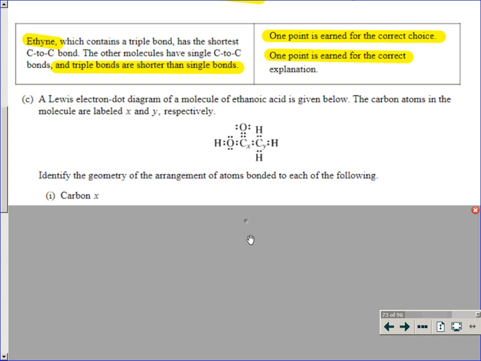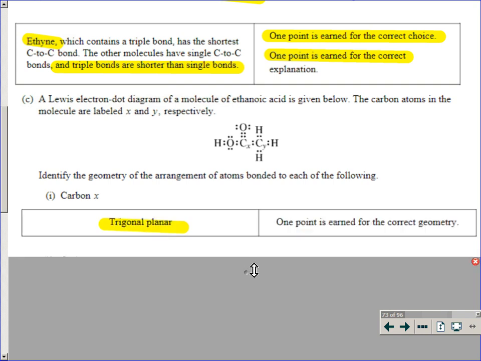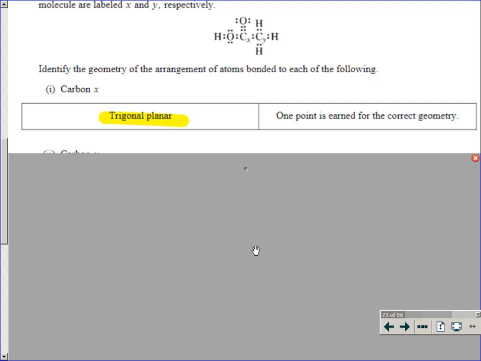What is this one asking? Oh, okay, what was the geometry on C? That one right there. Okay, so we have 3 electron domains, right? So you're counting these 2 dots as a single bond, these 2 dots single bond, and those 2 dots is still one entity, but it's a double bond. So we have 3 electron domains, which is going to give us trigonal planar, and then the other carbon over here,